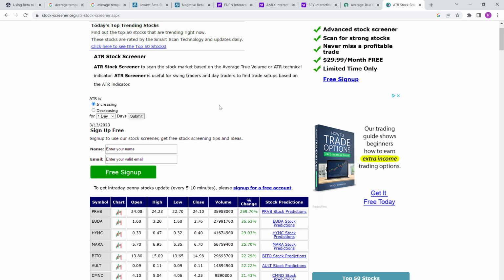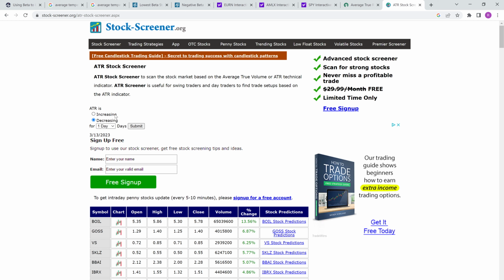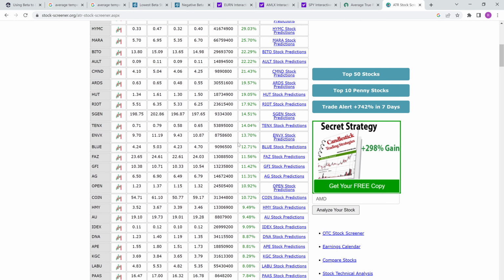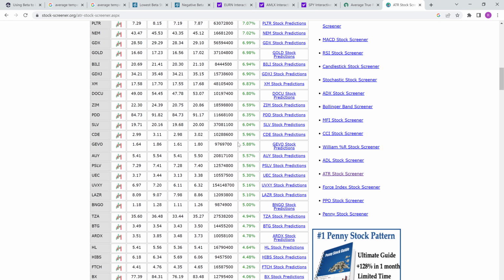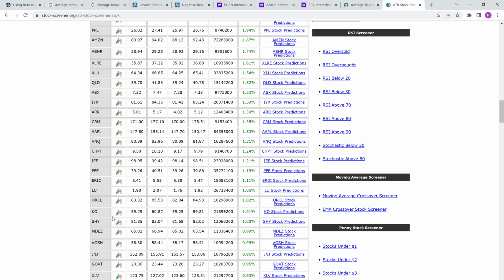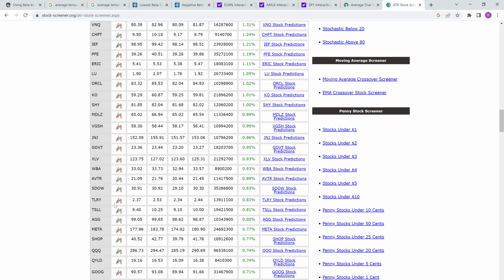Poking around a little bit, the best one I could find at the beginning was this, but actually this is increasing or decreasing average true range, though it will sort on the average true range change. You scroll down, and well, I wouldn't call SPY a slow moving stock, but